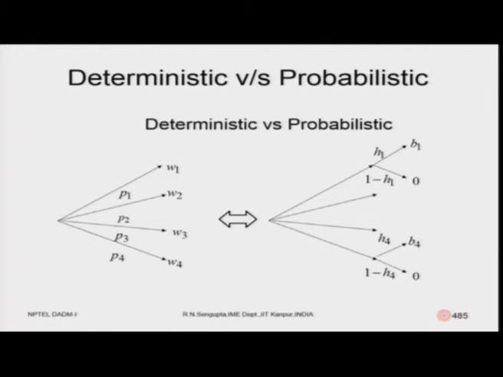Now, this diagram basically shows the deterministic and the probabilistic nature of utility. On the left hand side you have a gamble and a decision tree with certain probabilities and certain so-called outputs with respect to the w's. Obviously, you will convert them into u w, considering there is only one utility function. So, you will find out the utility here, and once you find out the utilities, you multiply the utilities